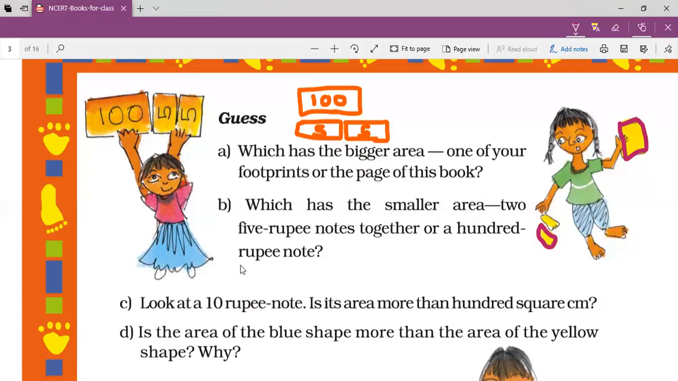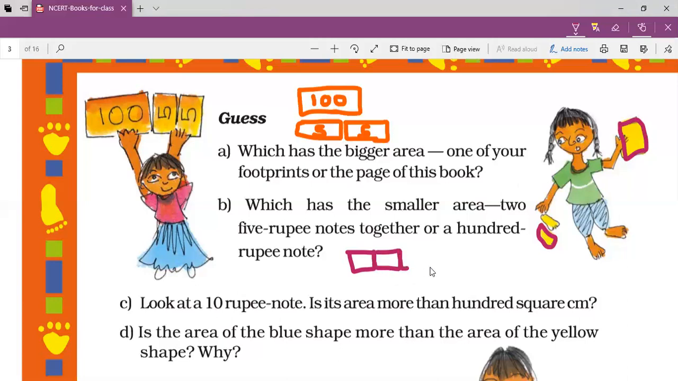Okay. Next, look at a 10 rupee note. Is its area more than 100 square centimeters? Now ask your father to give you a 10 rupee note. But before getting it, draw 100 square centimeters on a rough paper. How will you draw it? Last time I told you that 1 centimeter is equal to 1 square. So if we draw 1 square of 1 square centimeter, and similarly draw 10 squares in front of it,